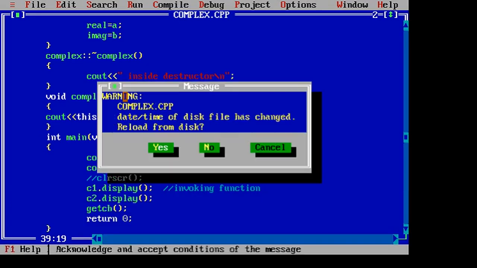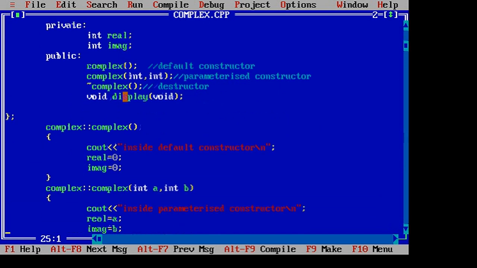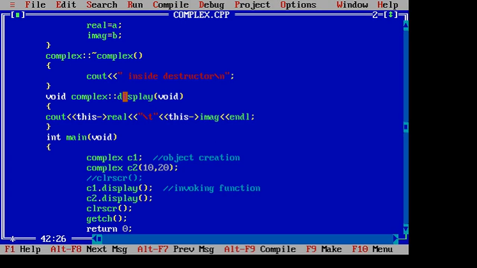And here let me write a message like inside default constructor. So I will write cout, inside default constructor. So I have just added a message in each and every constructor and destructor.